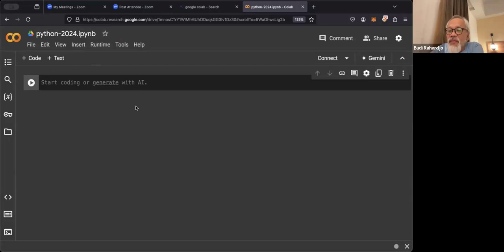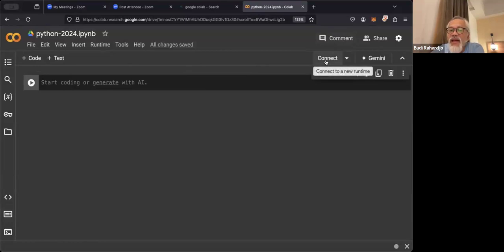If you still have problems, let me know, because we want to go through this step by step all together at the same time. I hope I'm not too fast in explaining this. Okay, so you can rename that one. This is an environment to code. There are many sites. Google Colab is just one of them. There's also Replit.